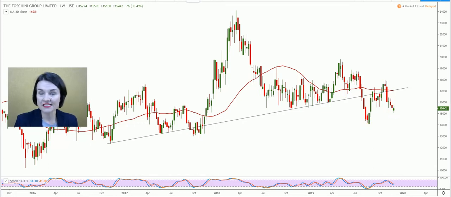But when will the negativity about this head and shoulder formation be wiped off the table? Only when the share starts to change the top of that right shoulder, there around 194 Rand 73. Only when the share changes that level into a support will I feel comfortable that this formation is completely off the table and has become obsolete. First sign is that 40-week moving average, also very close to that neckline. I would be very careful to get in there at the moment because of that massive head and shoulder formation, but it is extremely oversold on the daily. So maybe there, if you are a CFD trader, you can use an